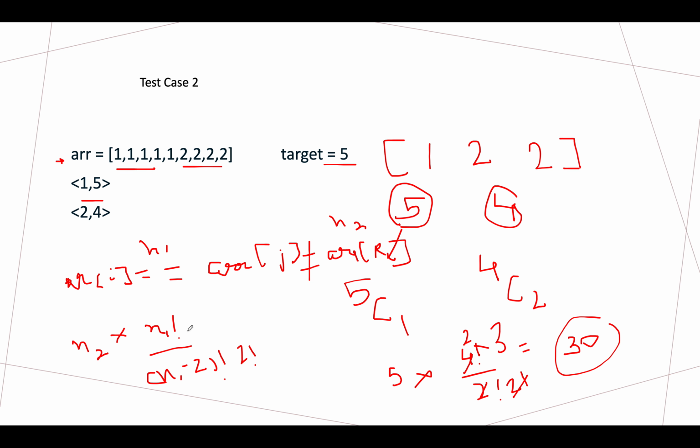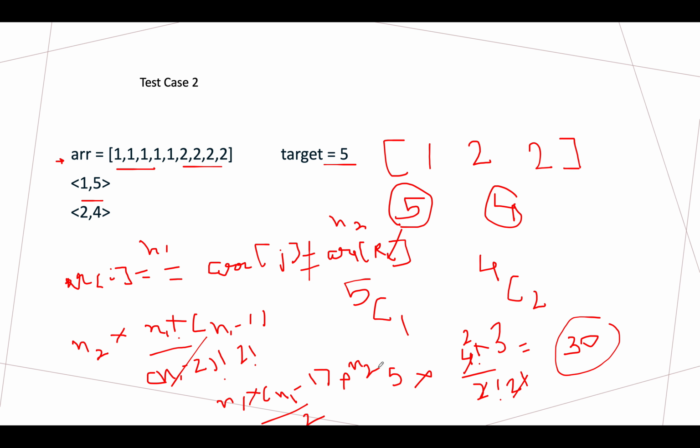So this is equal to n1C2, and you will delete this and multiply n1 minus 1 here, and the formula becomes n1 into n1 minus 1 by 2 into n2.